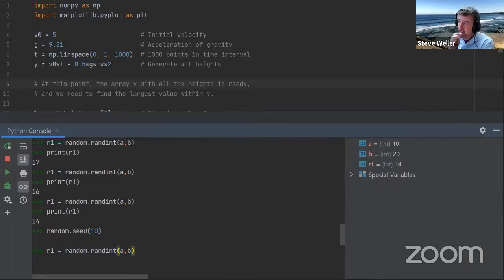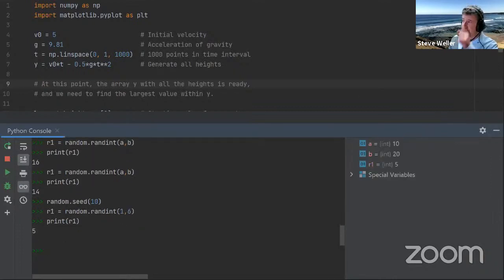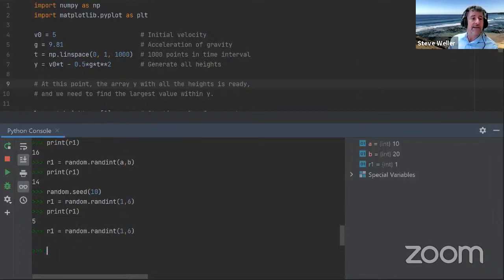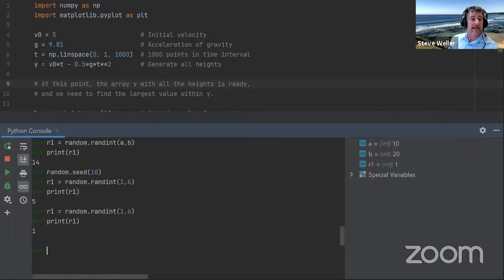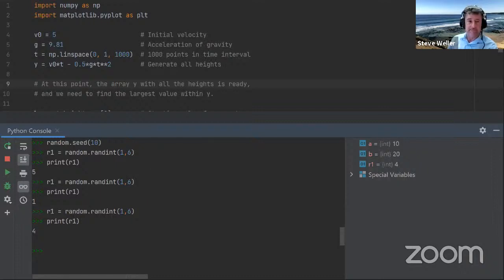And I want you to remember what they are. Let's choose them between 1 and 6 again. Print R1, the first number is 5. Random number, the second one is 1. Third random number is 4. So you notice those numbers there, 5, 1, 4.